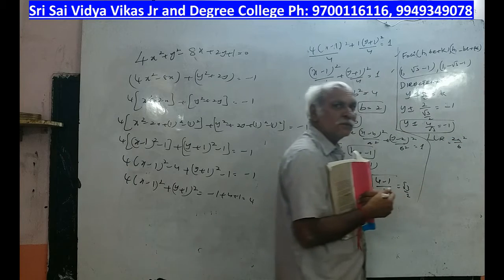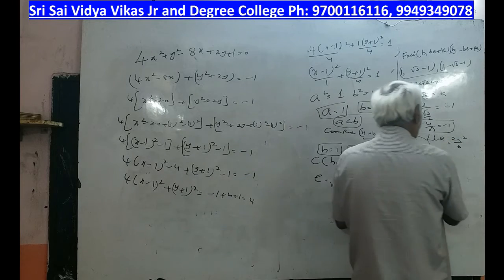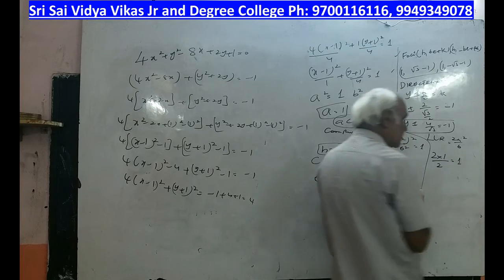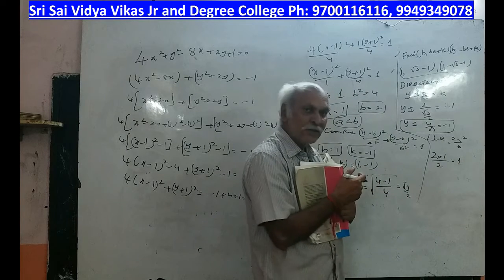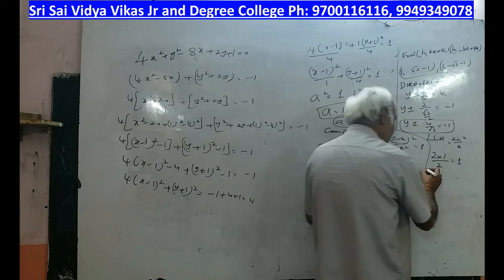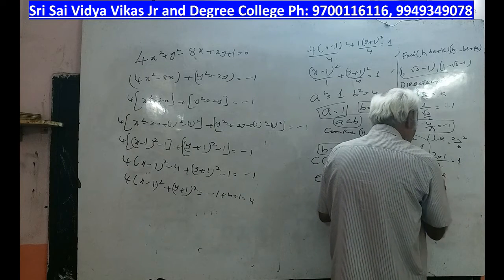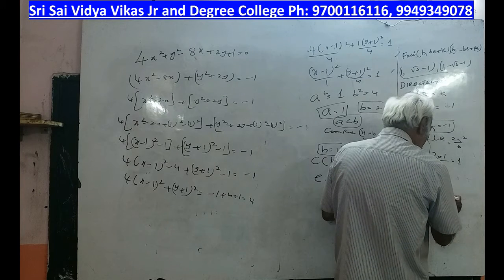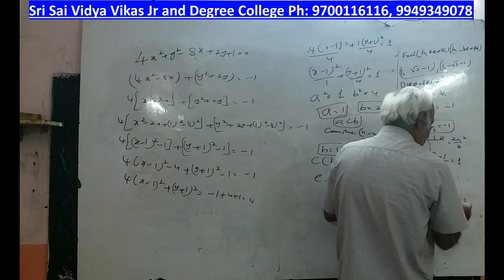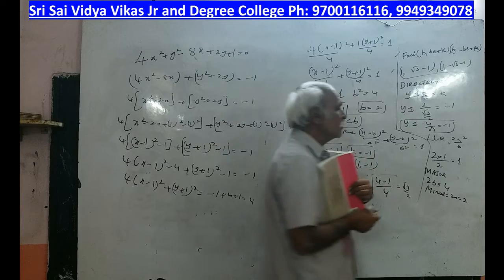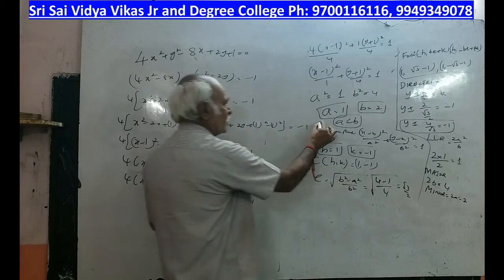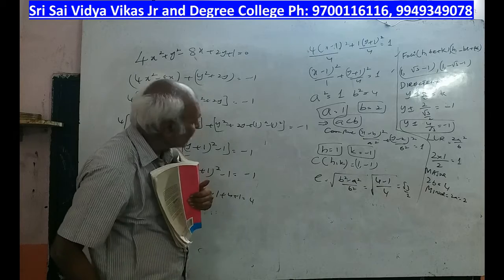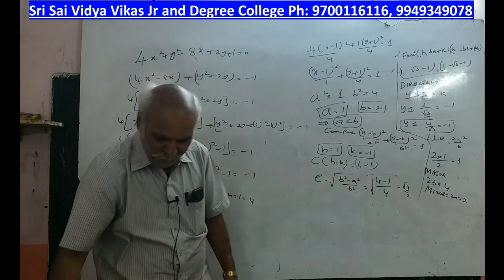What is length of latus rectum? 2a²/b. So 2 into, what is a² value? 1. And what is the b value? 2. So what is the value we get? 1. Whatever values you are getting, you substitute, sir. Next, major axis is 2b. 2b means what, sir? 4. Minor axis 2a, which is nothing but 2. Right? So what is important here? A is less than b. This is very, very important, sir.